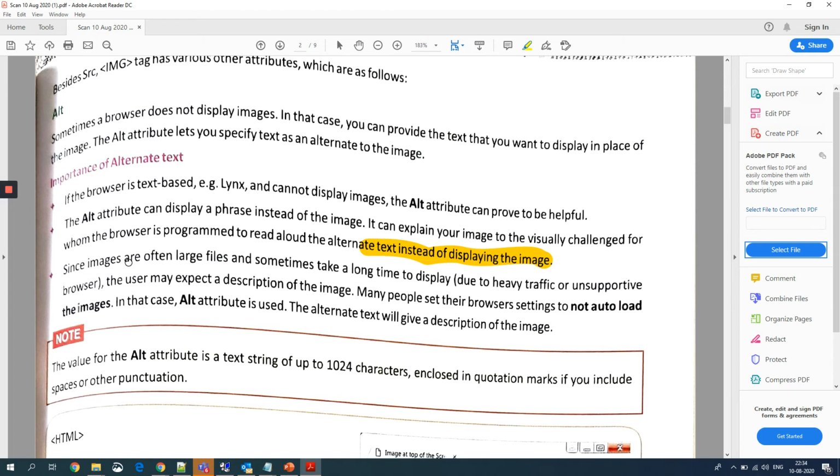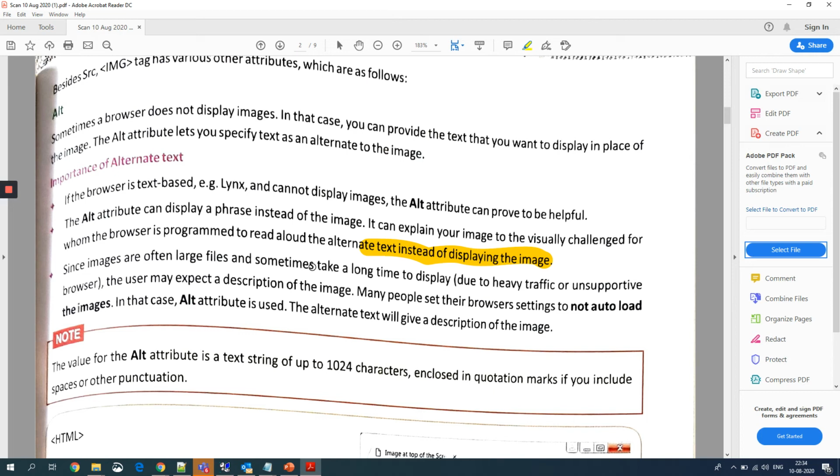Since images are often large files and sometimes take a long time to display, the users may expect a description of the image. Many people set their browser setting to not auto download the image. So in that case, the alt attribute is useful.